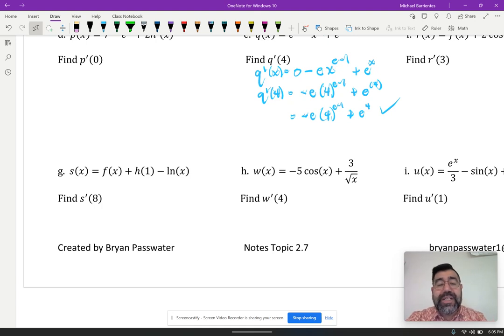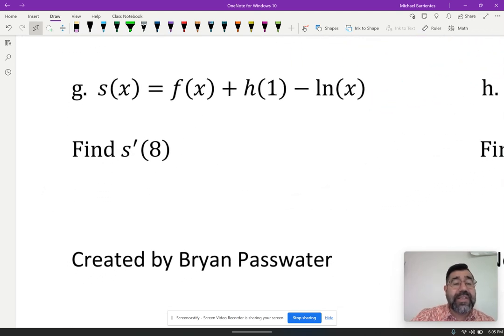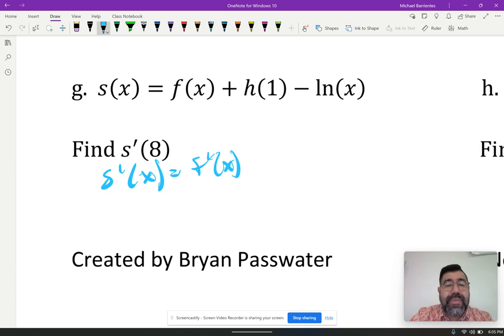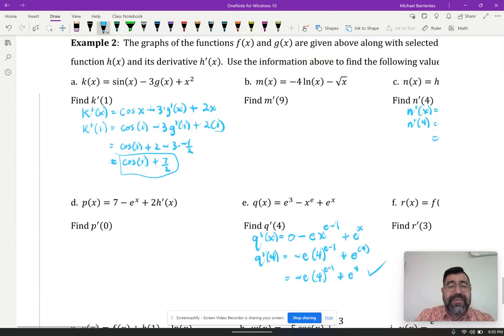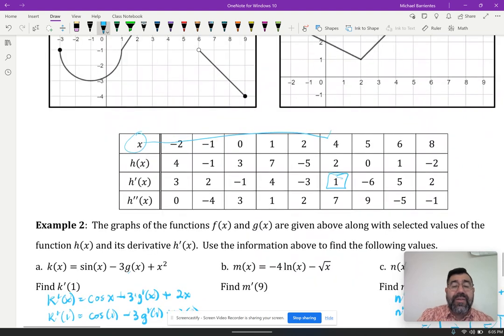I want to do letter G, and then I'm going to ask you to do some from the set so that you can practice. Got to find the derivative first. S prime. Here's a good example of why you should always plug in later after you find the derivative. The derivative of f of x is f prime of x, right? But here I got to be careful. The derivative of h of 1, well, h of 1 is a constant, right? Because if I go back to my table,